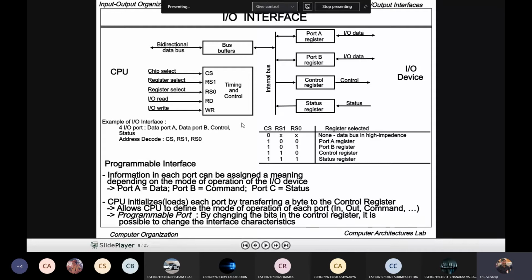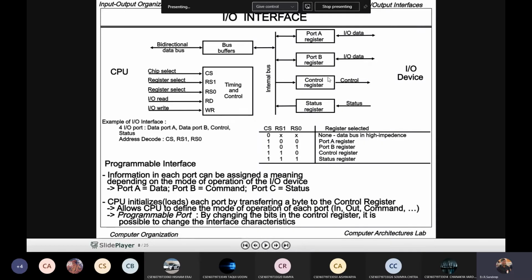How many registers do we have here? Port A register, port B register, control register, and status register. These are the 4 registers. What is the use of port A and port B? Port A will have some input signals, and port B will have some input output signals.